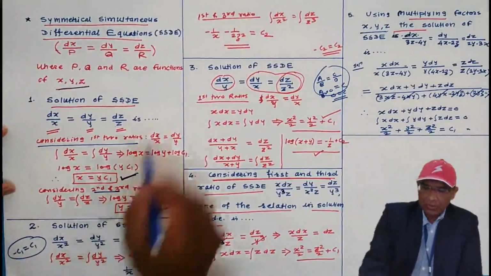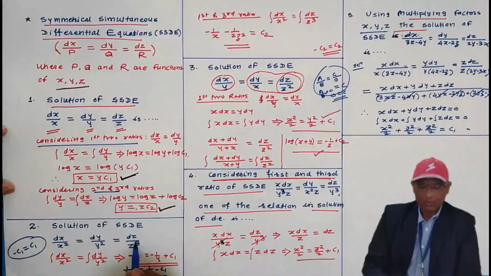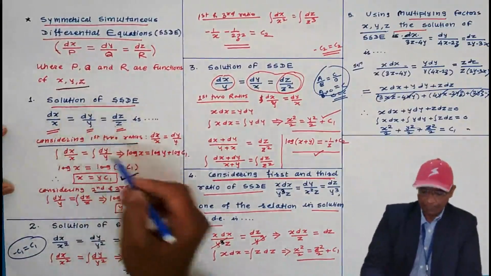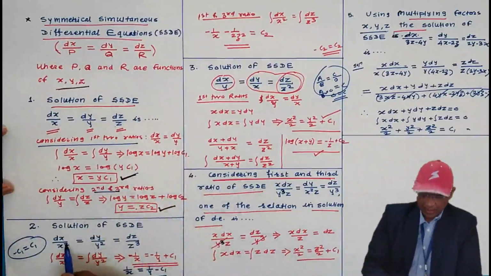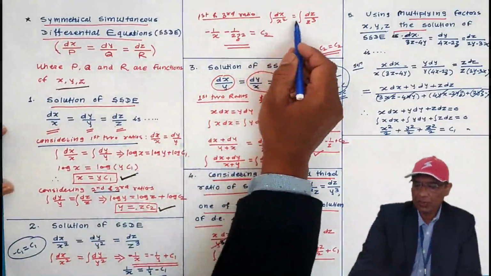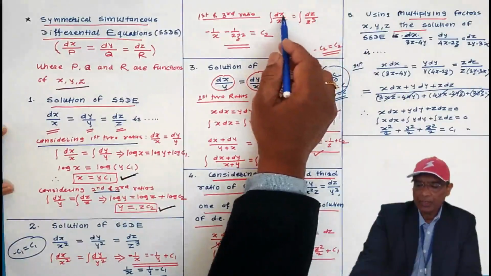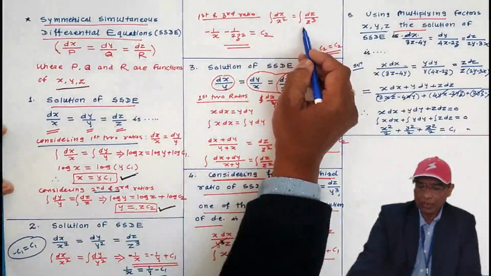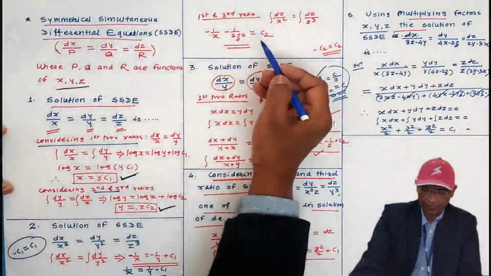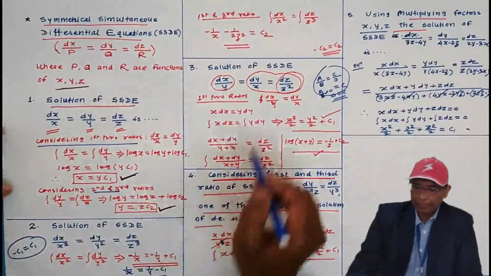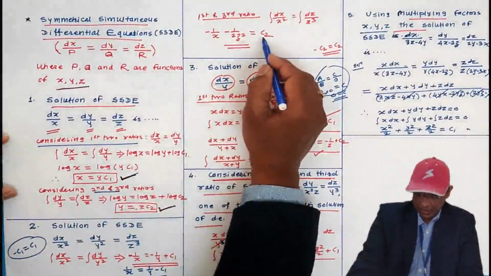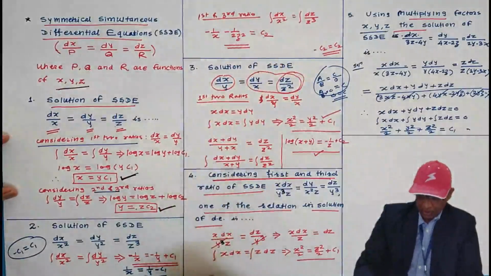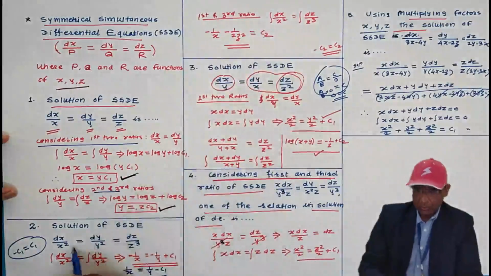Then first and third ratio I am equating. You can equate second and third ratio also as we have equated in the previous problem. If you equate first and third ratio, dx by x square equal to dz by z cube, then integration of 1 by x square is minus 1 by x, integration of 1 by z cube is minus 1 by 2z square. Is it? Then these two equations, you can multiply throughout by minus sign, but not necessary. These two solutions will contribute the general solution of this.